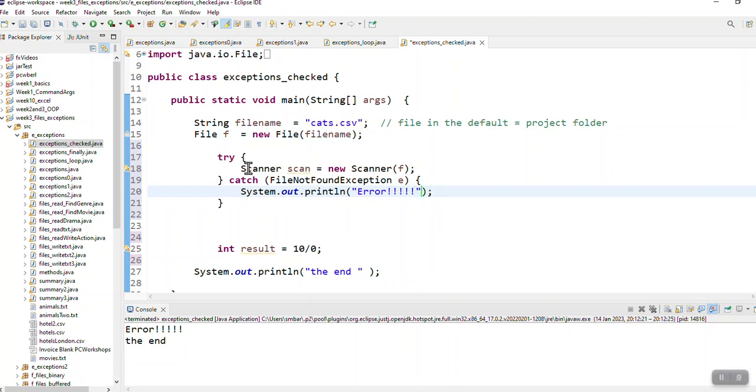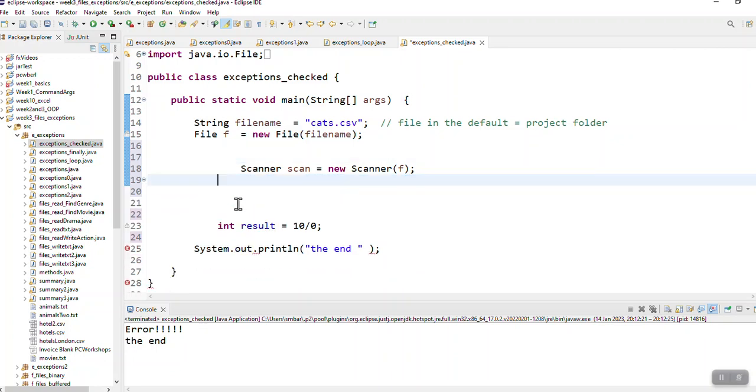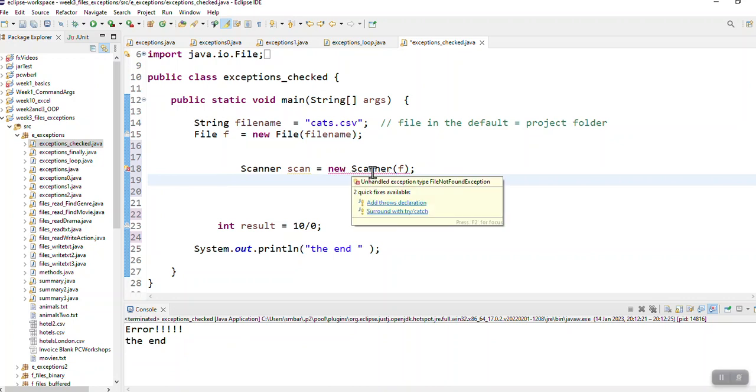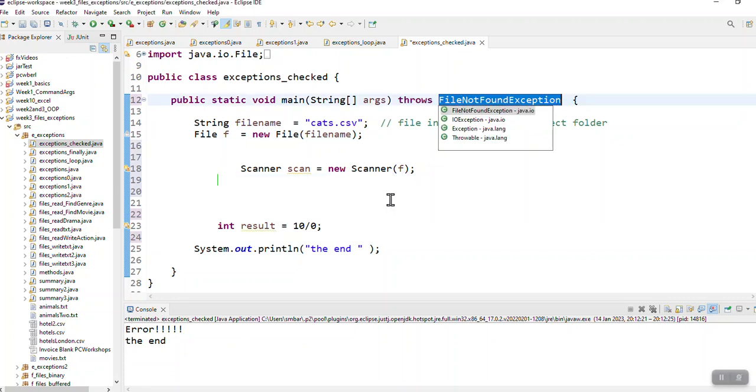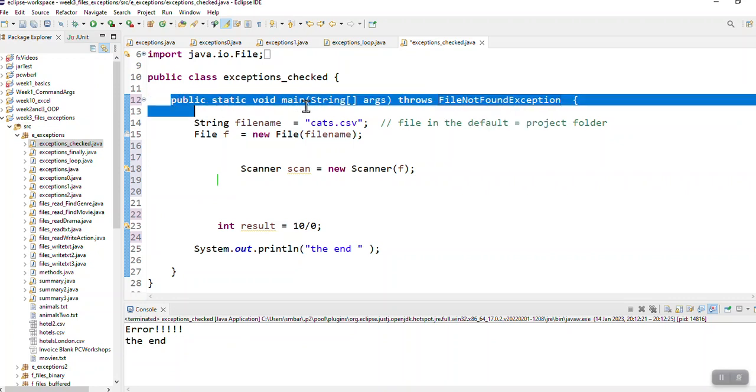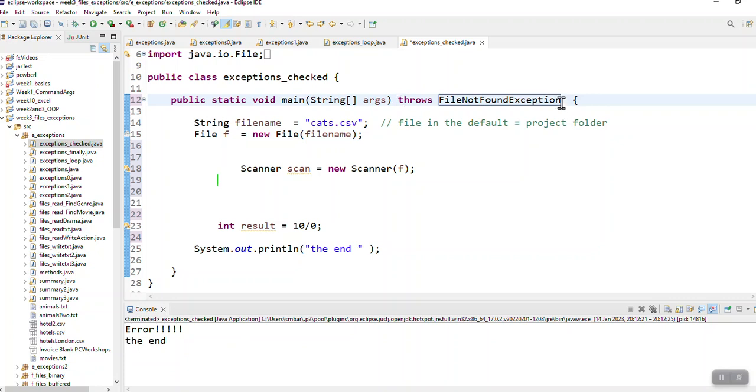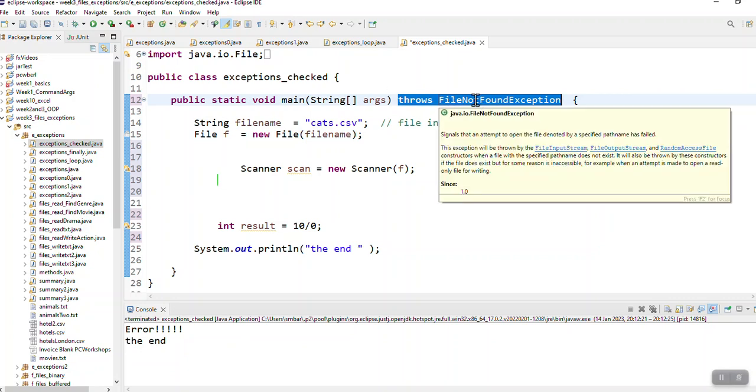So I'm going to do one more example because there's another way of dealing with it. If I go to that error, can you see there are two options? Now I can choose the top one, which says add throws declaration. Now when I click on that one, the computer goes here to my public static void main. If I was in a different method, on the method signature, the computer will include throws FileNotFoundException. So this is a cheat and a shortcut, because now if I put that there, the computer will say,